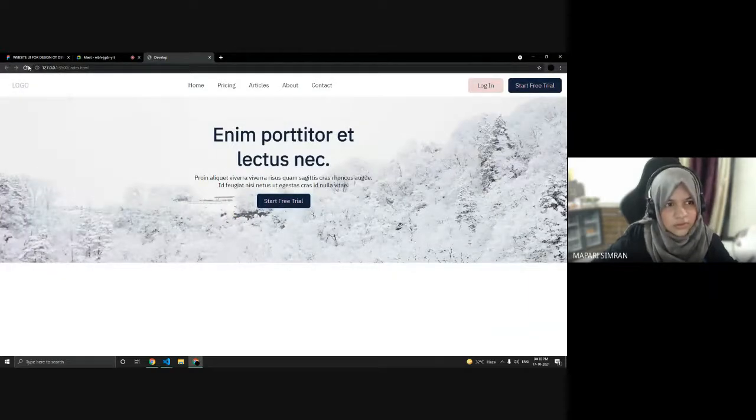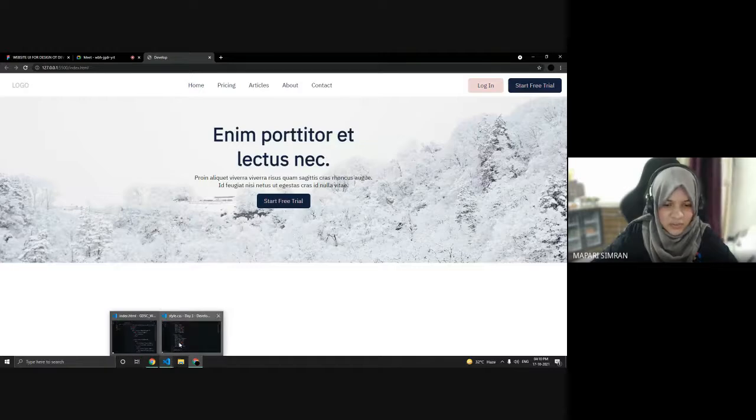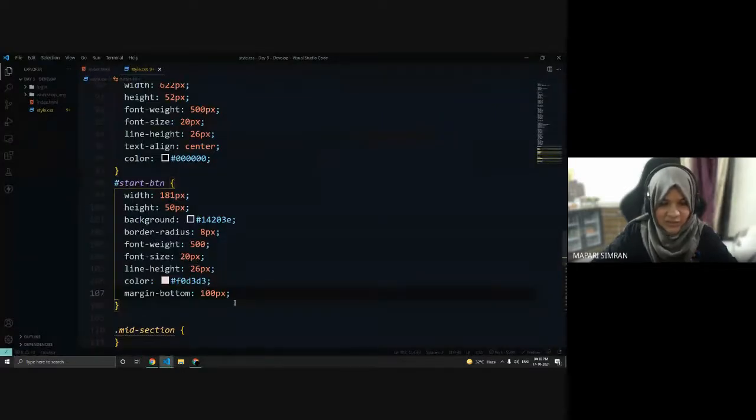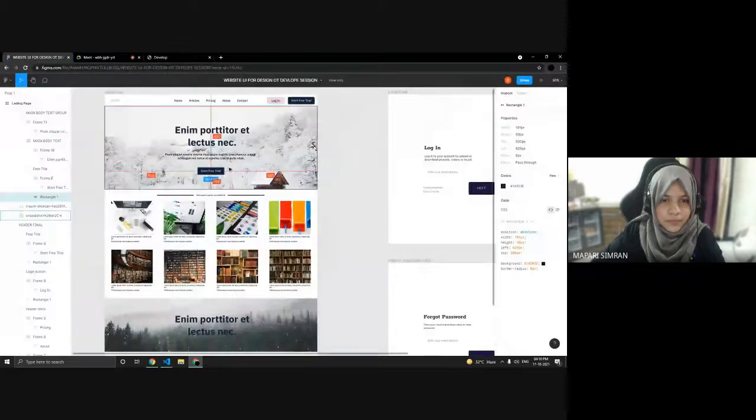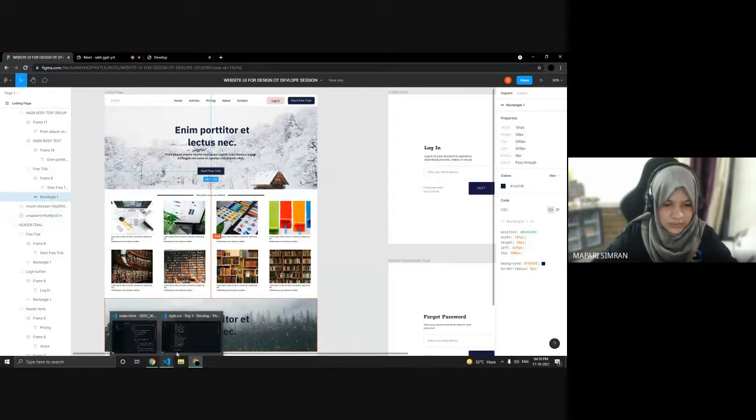Okay, it's not okay. Screen size also matters here. So let's put 420 px and 100 px.